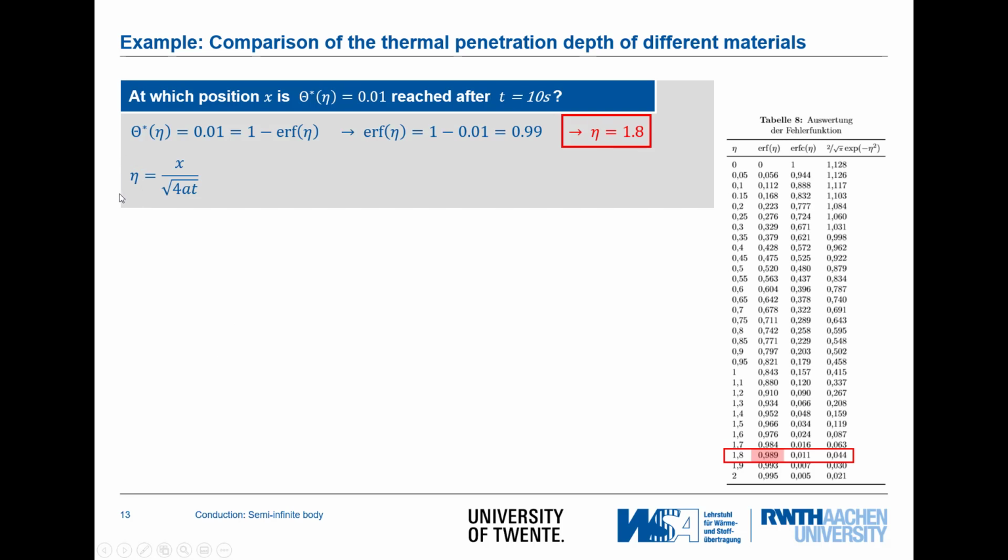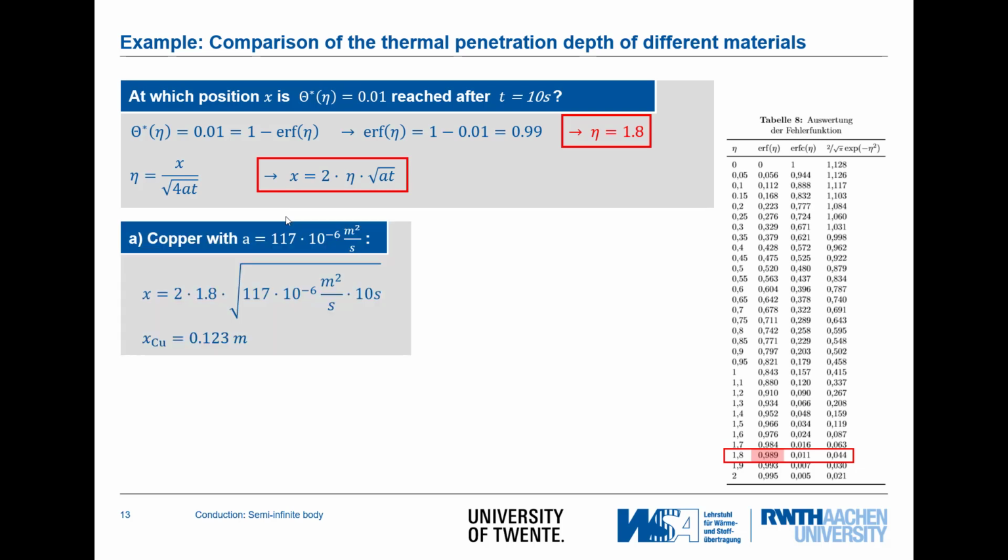We know that we have changed eta. This parameter is equal to the length x divided by the square root of 4at. We know the time, 10 seconds, and now we need the properties, and with the properties we can then calculate the thickness x, or the location x at which the temperature has been raised by 1% compared to its initial temperature. Now let's do that for two different